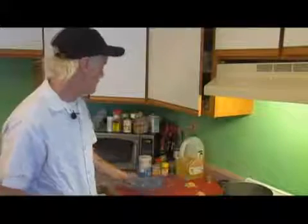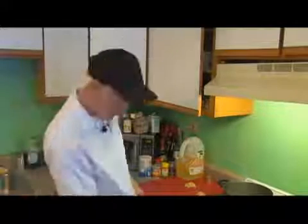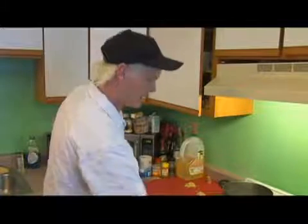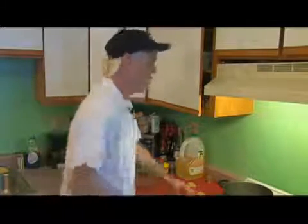Shells off our shrimp, so we're going to move that off to the side. I'm going to turn our front burner up to about 5 or 6. We're going to put a pan on. Our potatoes are now starting to boil, so we're going to put a cover on,